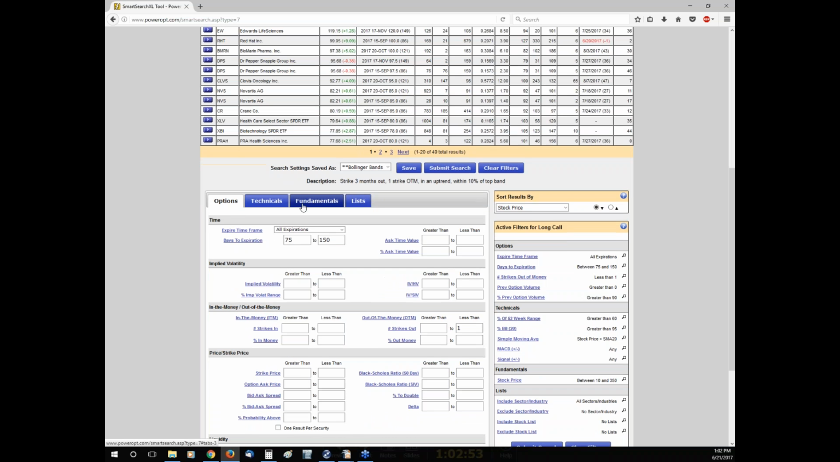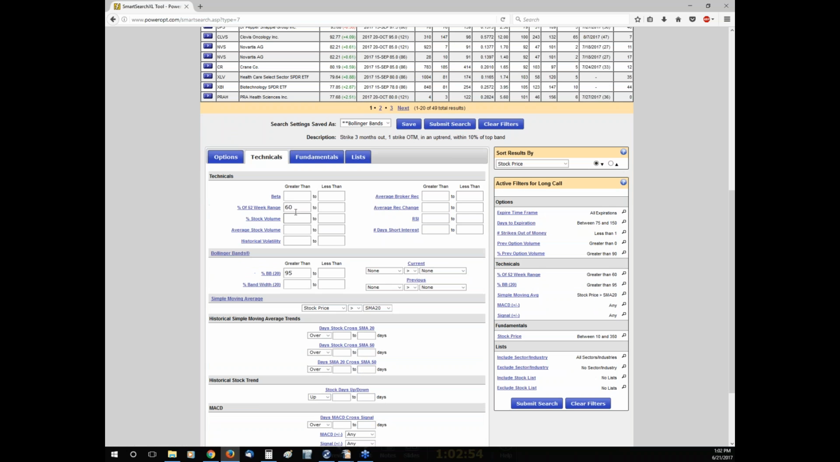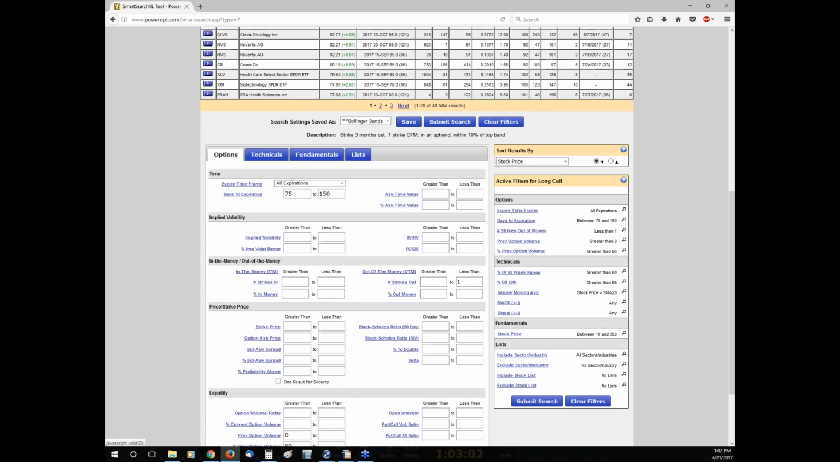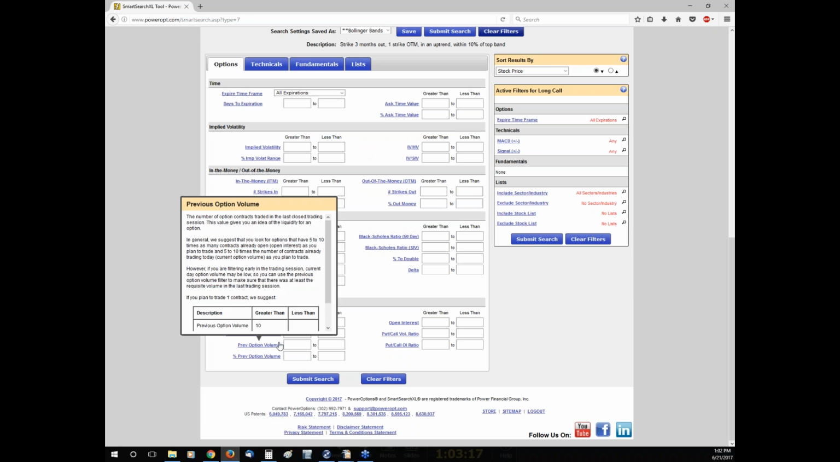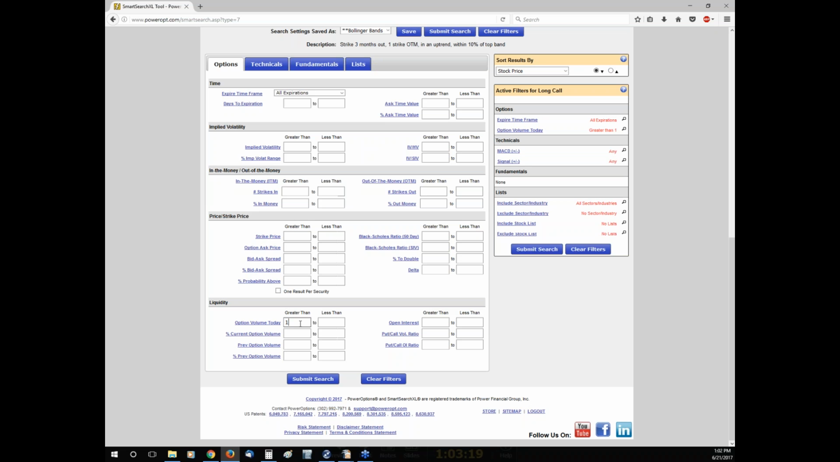The Bollinger Bands one here is looking for stocks that are near the high of their 52-week range and are right at the top of their Bollinger Band, which usually sees a breakout. But at the same time, we're looking for only those options which have shown an increase of percent previous option volume. But if you wanted to specifically target options today that have a high volume,